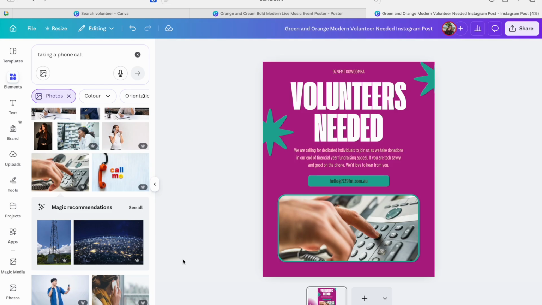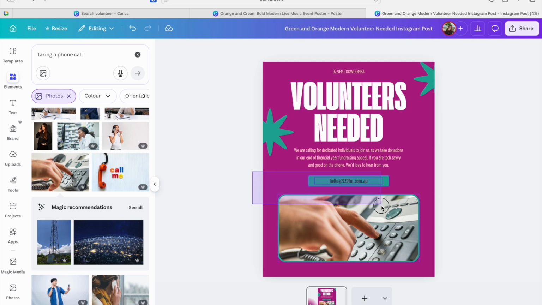And if they are the right person and they are trying to find out more, they'll find a way. They'll give you a call, they'll send you a message, they'll send you an email. So don't feel that you need to put every ounce of information onto every graphic, because that is where you lose visual interest. The other thing is that these graphics and the things that you're posting on social media don't even need to have that much information at all. Like for a volunteers needed